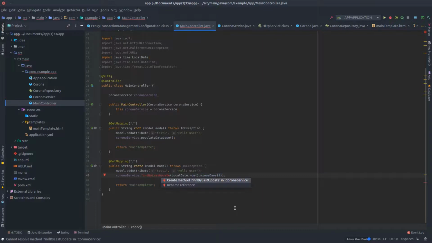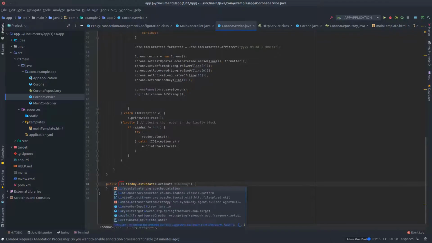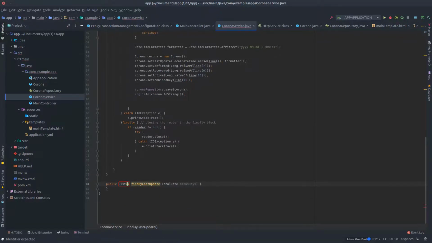Okay, so once we have this, let's create this method, and this actually needs to return a list of Corona objects. Okay, we're giving it local date, local date,